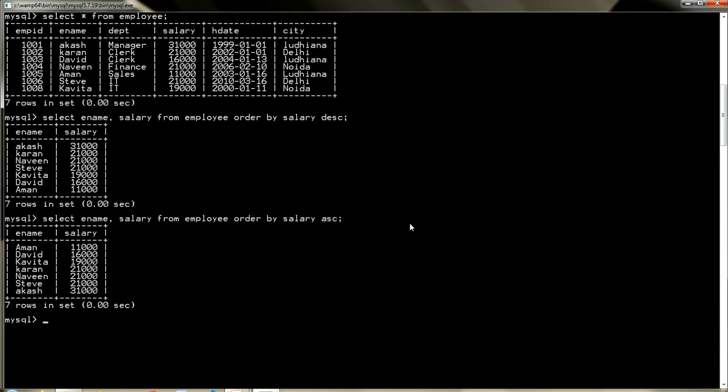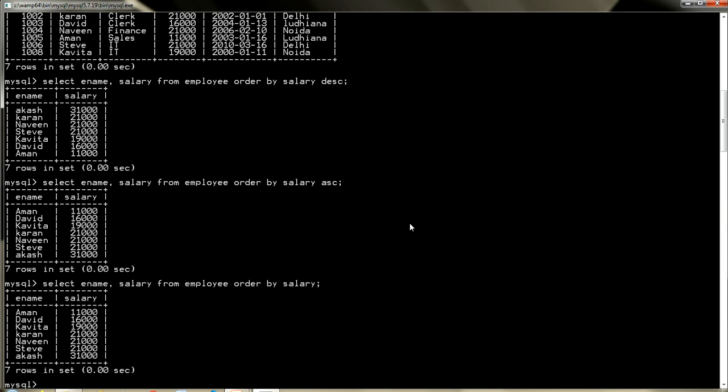Now for example, if I do not mention any order, descending or ascending, then what will be the answer? Or will it be an error? No, it won't be an error. Of course it takes the default value, and the default value is ascending order.